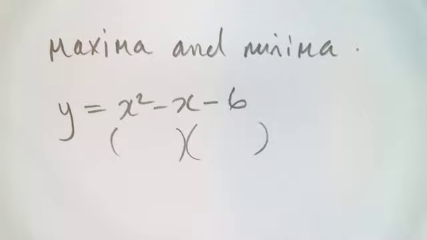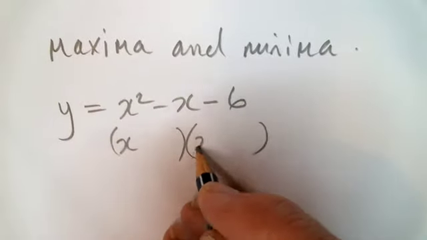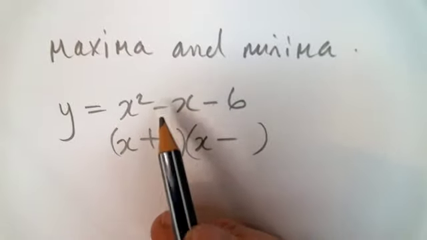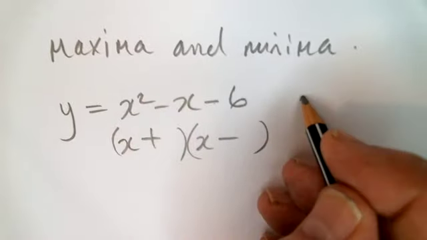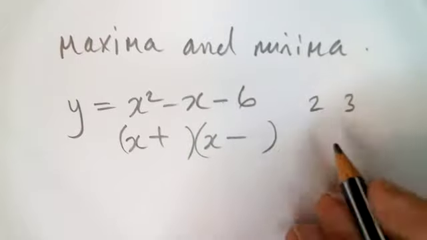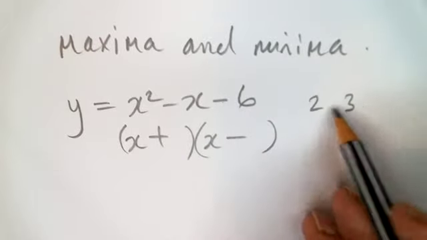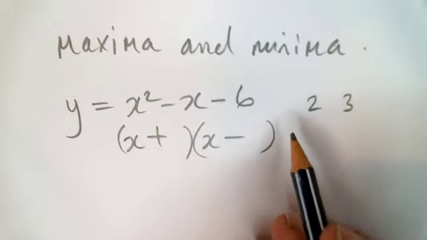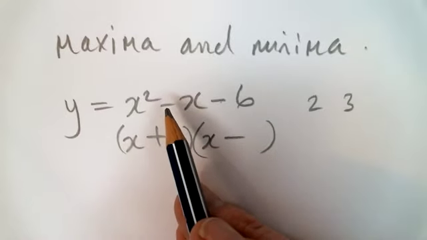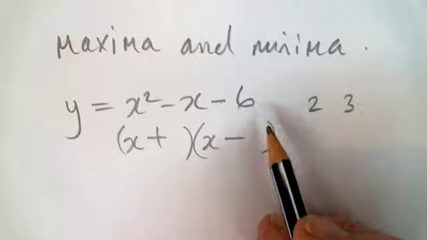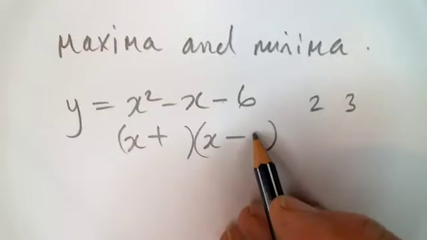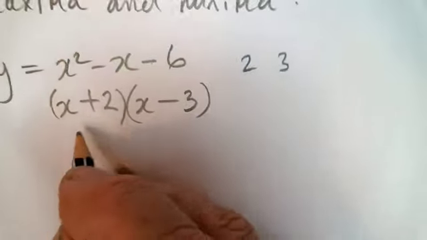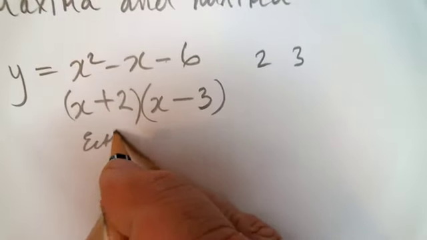I can just write a sketch of it. So here we go. We've got an x and an x. Signs are different, plus and minus. The biggest one is going to be negative, and I'm going to have values of 2 and 3. 2 times 3 is 6, and 2 minus 3 will yield 1, if I subtract them. So the biggest one is going to be negative. Here's negative 3, positive 2. So if I draw this thing, we can say either